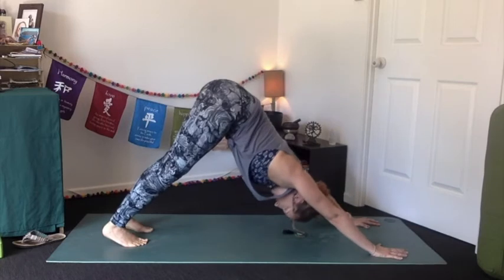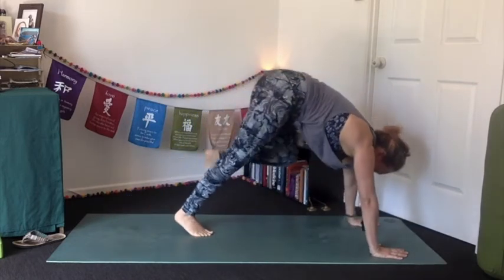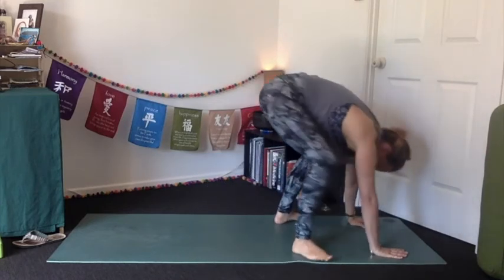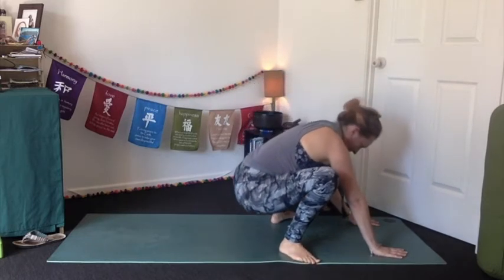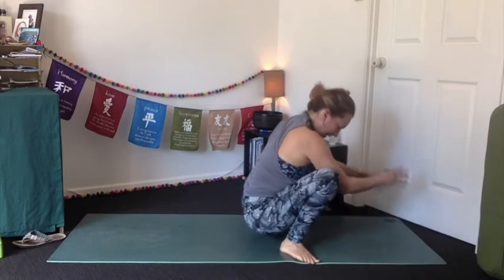Beautiful. And then slowly start to walk your feet forward towards the top of your mat. But we're going to keep the knees bent, turn the toes out to the sides, keep the feet a little bit wider, and then start to bring your hips down, coming into a yogi squat position, bringing the elbows to the insides of the knees, press the palms together,